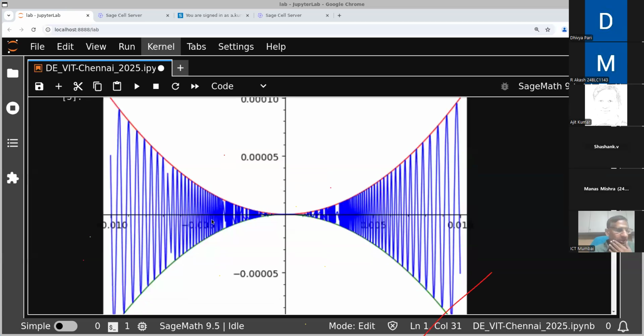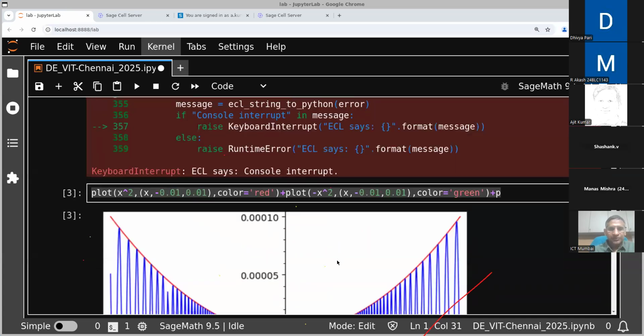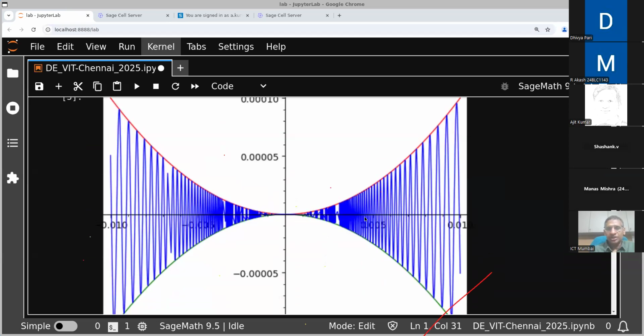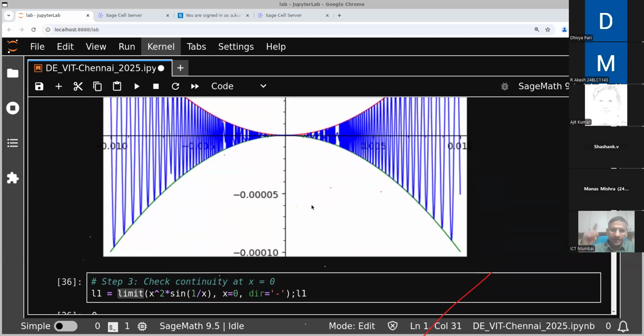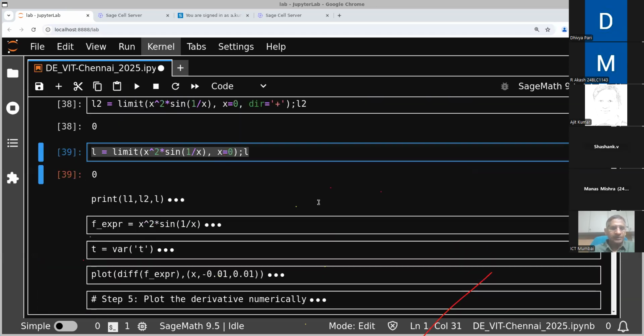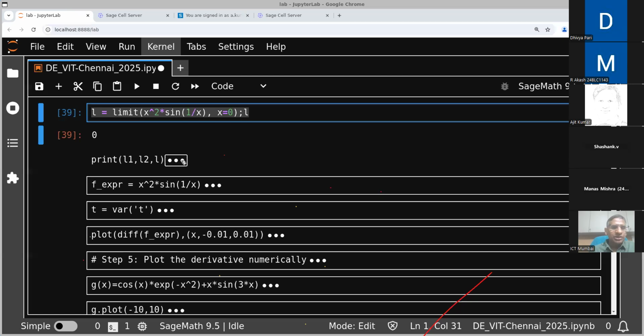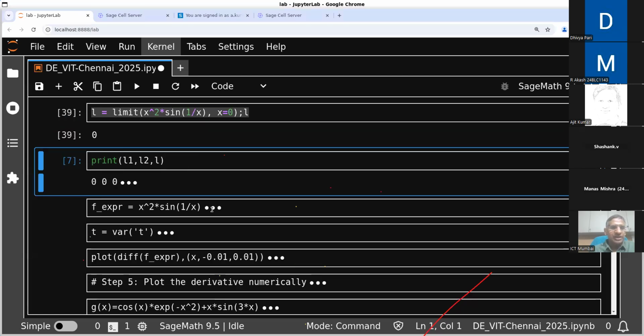This blue graph is actually a graph of a continuous function. This is a continuous function. Of course, it varies quite fast near 0, right? But it is continuous. You can even check whether